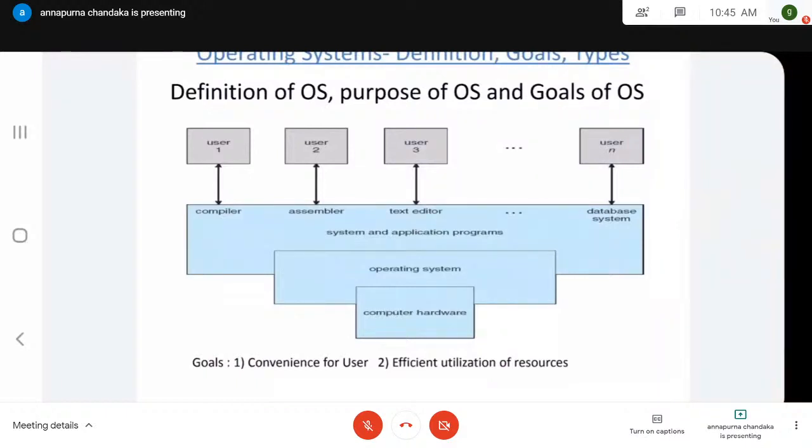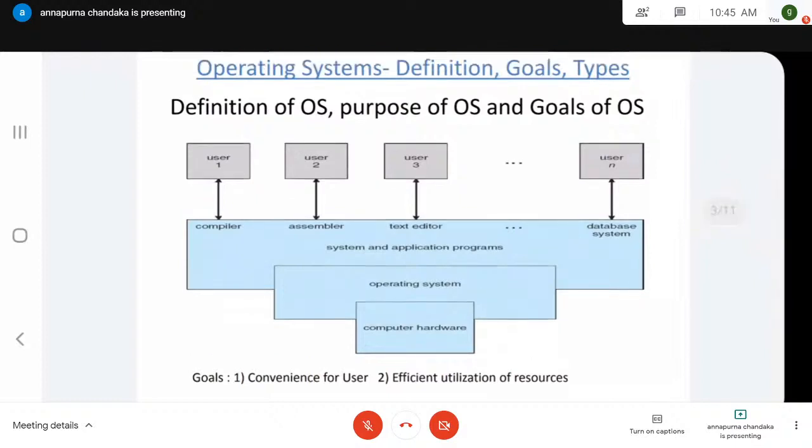Suppose you are moving fast on a bike and you put a brake on it, it simply stops the bike. This is possible only when there is a flow of engine oil. Otherwise, it cannot be stopped. That implies your petrol is completely controlling the entire operation of your bike. In a similar manner, your operating system completely controls each and every peripheral in your computer system. Number two, the operating system can be viewed as a resource allocator.